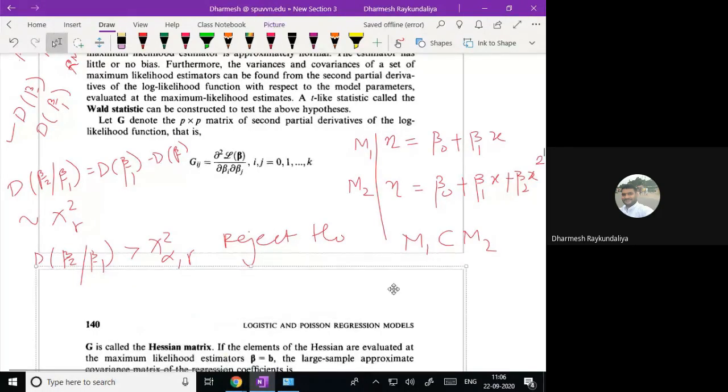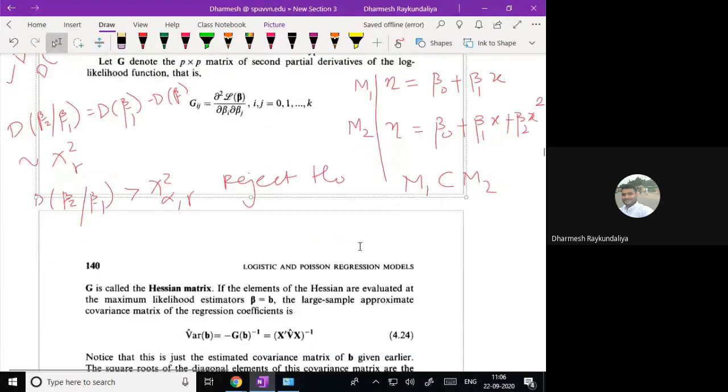concept of deviance statistics. Okay. So we would like to test that there is no impact of the quadratic term. So we assume that H naught: beta 2 equal to 0. And now we will test based on the deviance. So we will calculate the deviance of beta 2 given beta 1,